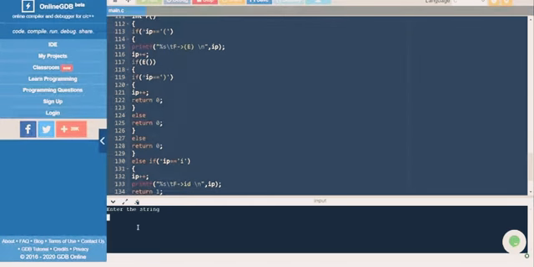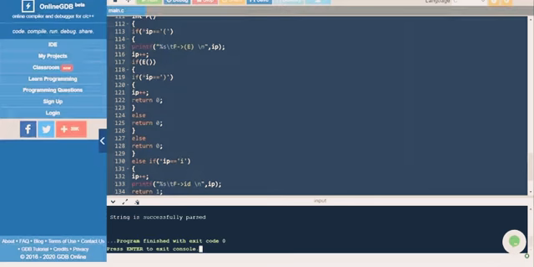I think the caps lock is on. So now we enter ID star ID plus ID star ID plus ID.